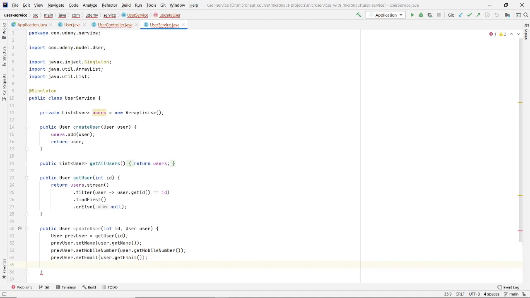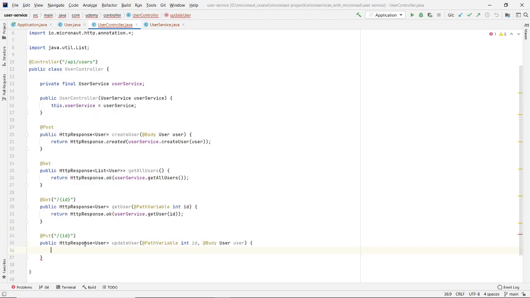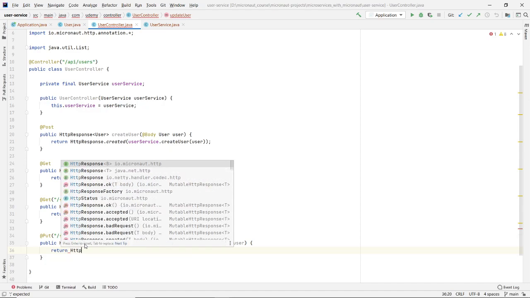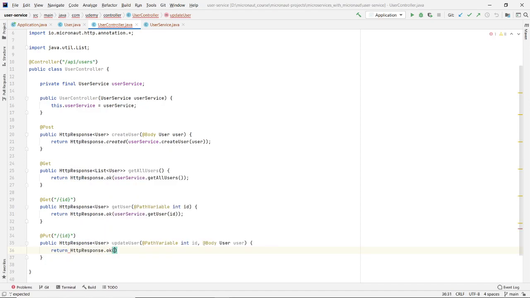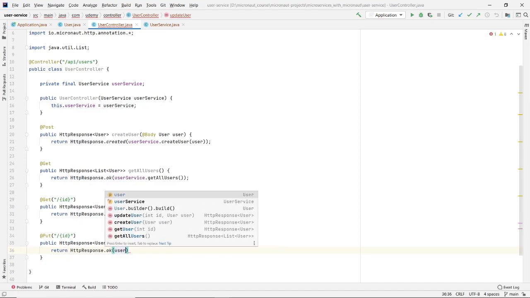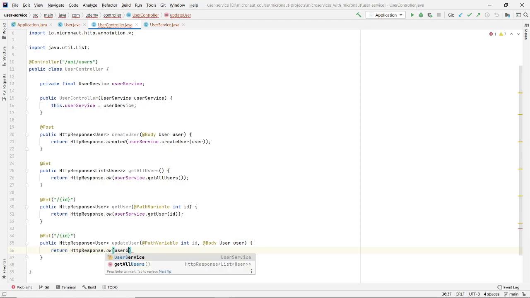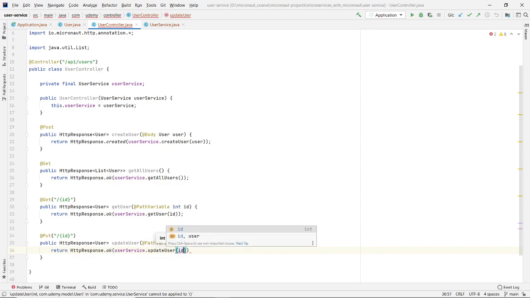So as these fields are now updated, we can return the previous user, and we can call this method from our controller, that is to return http response dot ok, and here we will call user service dot update user, and we'll pass the ID and the request body.